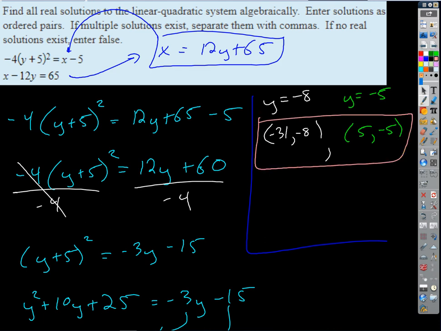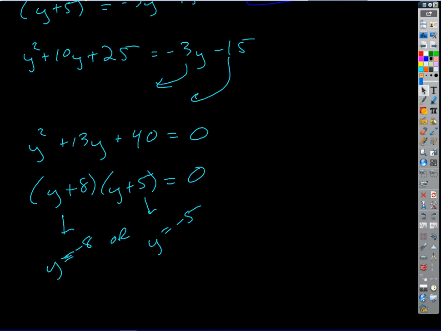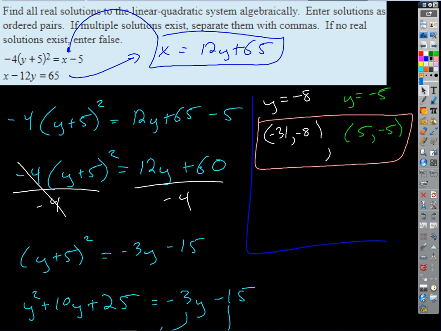Now, this could be a pretty ugly problem if there weren't magic numbers, right? If there weren't magic numbers and I ended up getting some irrational number with radicals in it, you know, I don't think you're going to get any like that. I don't think I did that to you, but if you did, all you'd have to do is still plug it in up here to find the corresponding value of x, right? It's going to look kind of ugly, but it's just a number, okay? Now, one other thing I'll point out,